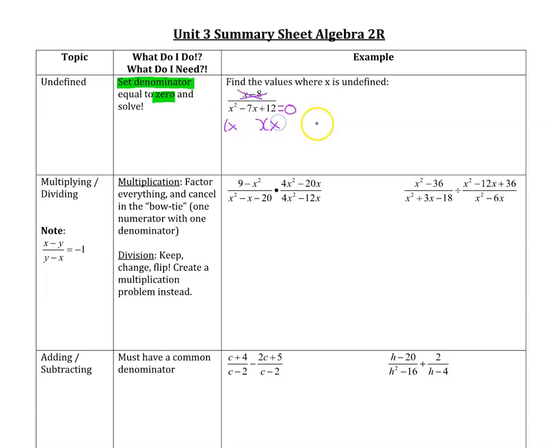Looks like I can just factor this. Using my AM factoring techniques, I can factor this with a -3 and a -4, and get x equals 3 and x equals 4. Those are the values that would cause the denominator to go to 0, causing our function or expression to be undefined. When we multiply expressions, we factor everything first, and then we cancel one factor in the numerator